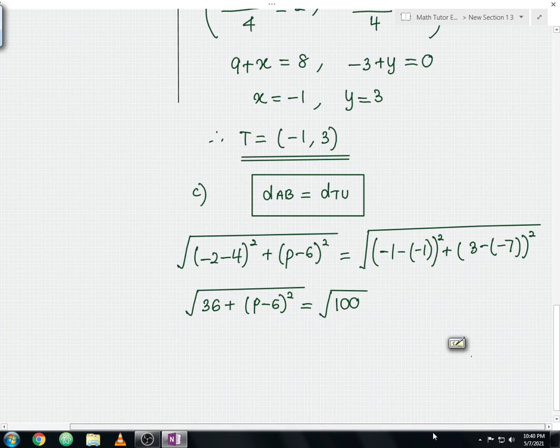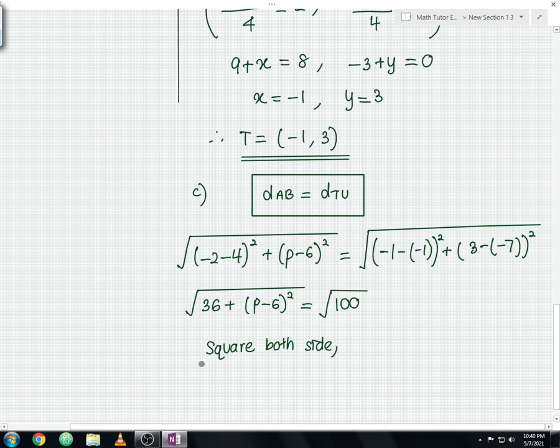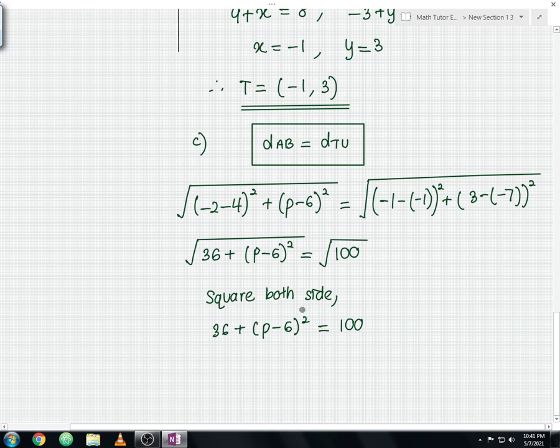All right. For the next step, we're going to square both sides, in order to eliminate the square root on the left hand side and right hand side. So from here you get 36 plus P minus 6 squared equals to 100. Once we remove the square root, now we're going to expand this bracket, which is P minus 6 squared. You expand this, you should get 36 plus P squared minus 12P plus 36 equals to